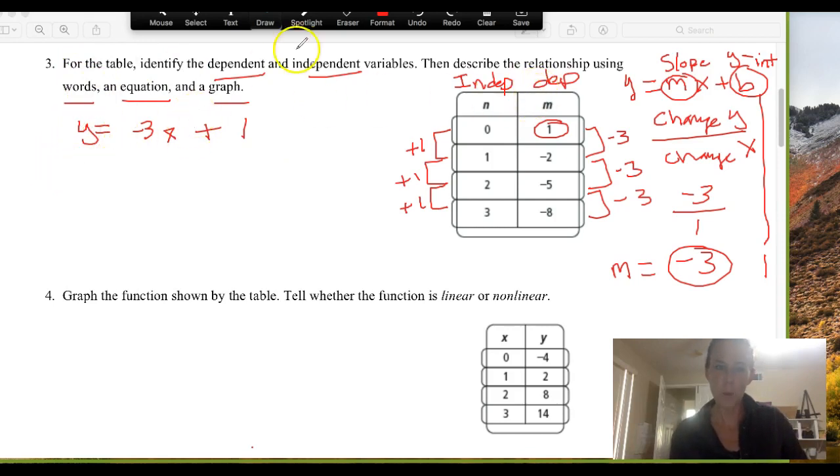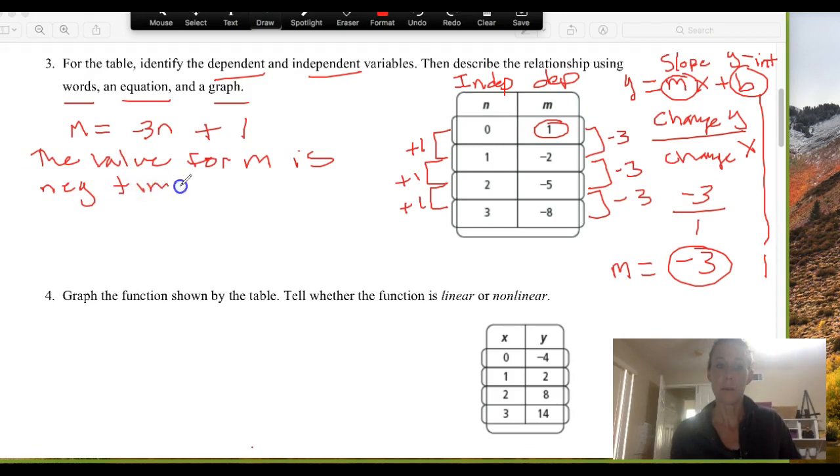And I wrote y and x, and let's go ahead and change that because we're not using x and y, we're using m's and n's, so I apologize. M equals negative 3n plus 1. So I would say the value for m is negative 3